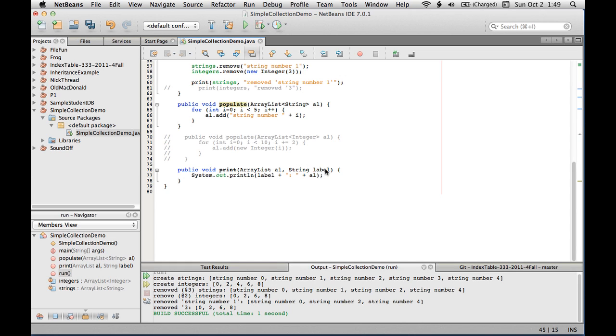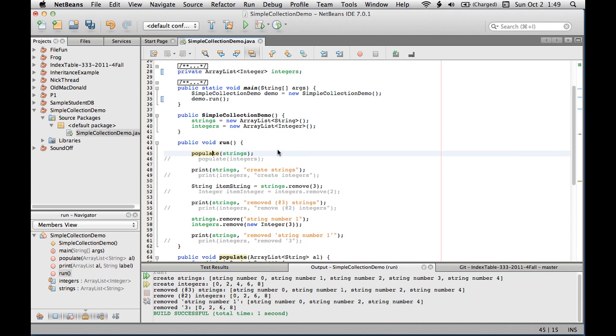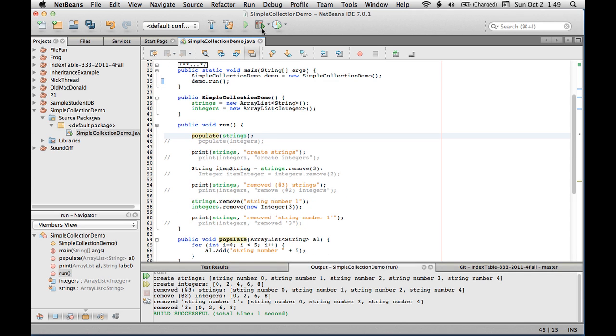Here's the label coming in, and I'm going to do System.out.println the label plus a colon, a space, and then I'm going to print the array list, and I'm counting on ArrayList having, like all other things do, a toString method that'll work for me. So whatever it gives me as a toString, I'm going to slap a label, a colon, space in front of it, print it out. And what we're going to do now, I think, is just run our program here and